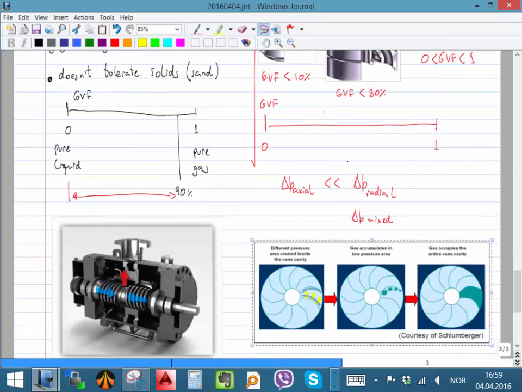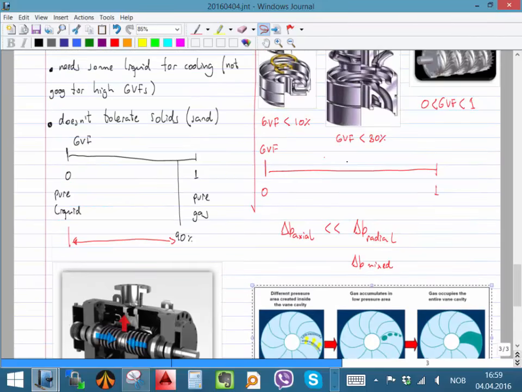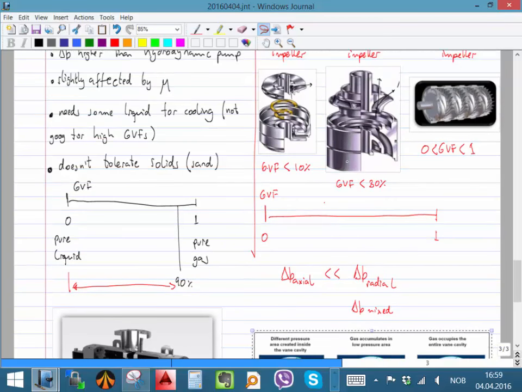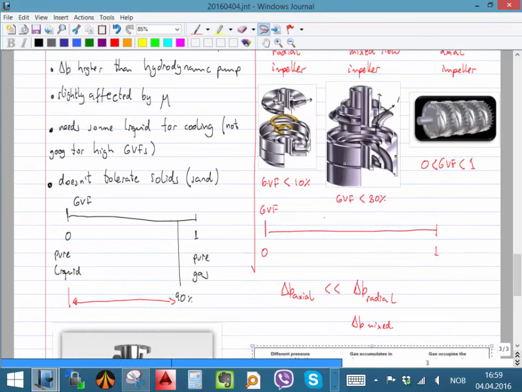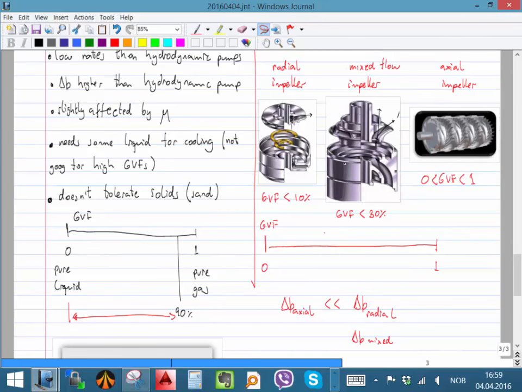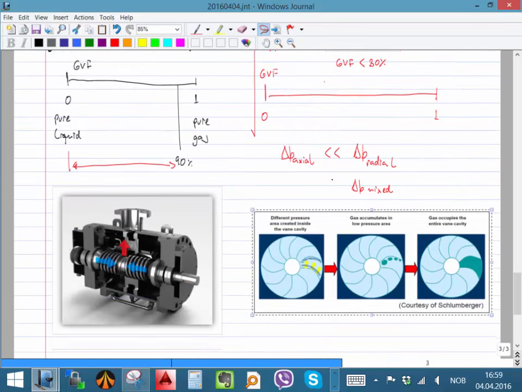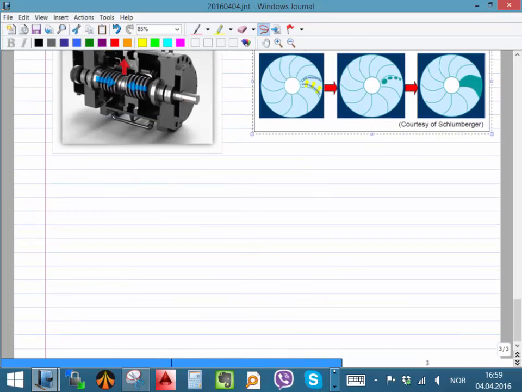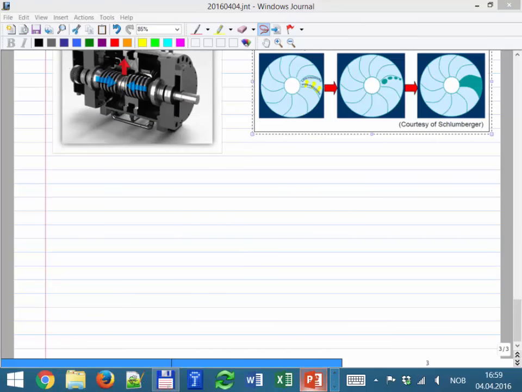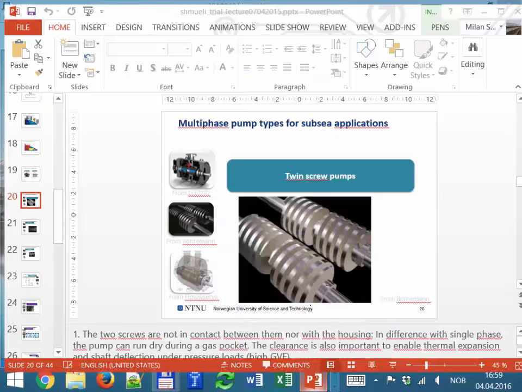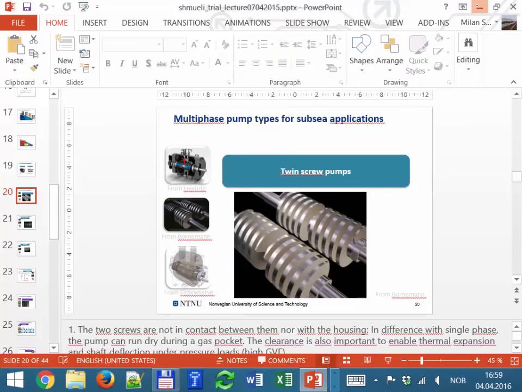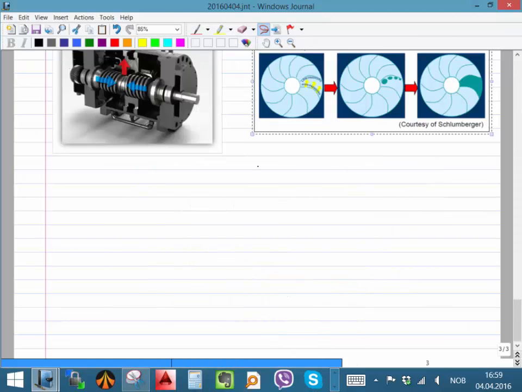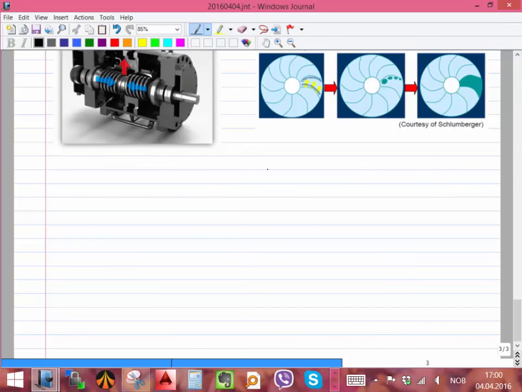Okay, so I think we will talk about that next class. I'm going to talk about the technologies. Yeah, I can put them very quickly here down. There is one main technology for multi-phase pumping. For multi-phase, there is one clear technology. That is called the